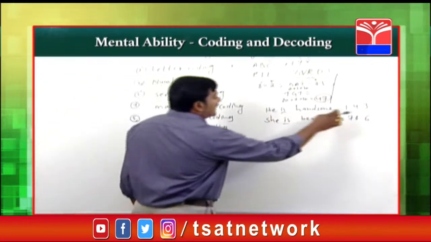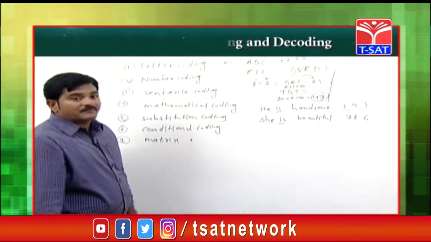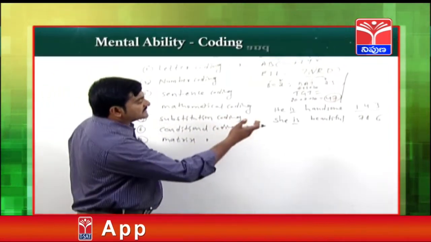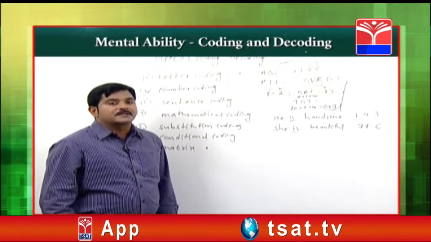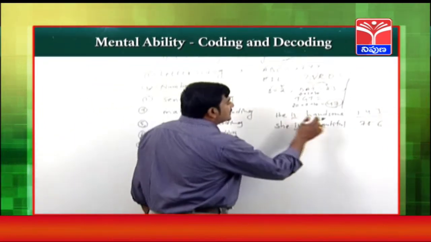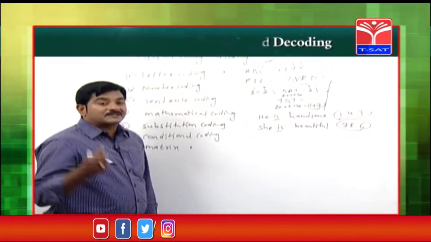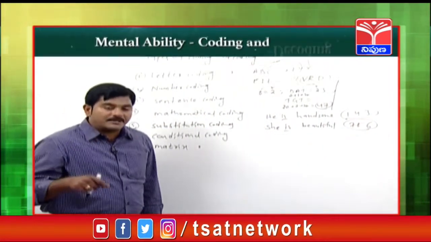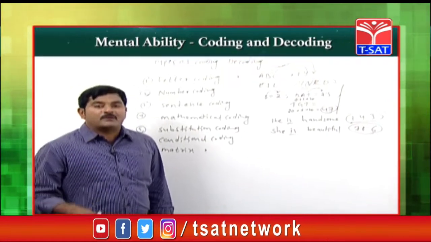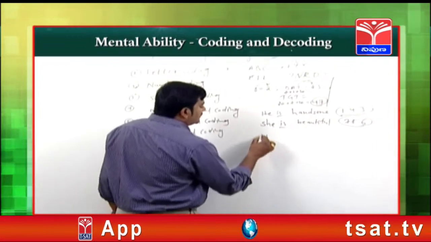For this sentence I am getting a kind of coding. That is, what is the coding for the first sentence? 143. What is the coding for the second sentence? 786, and so on. Sometimes the sentence coding need not be a numerical number. Sometimes the coding for the given sentence may again be an English word also. What does it mean? Suppose he is handsome can be expressed as